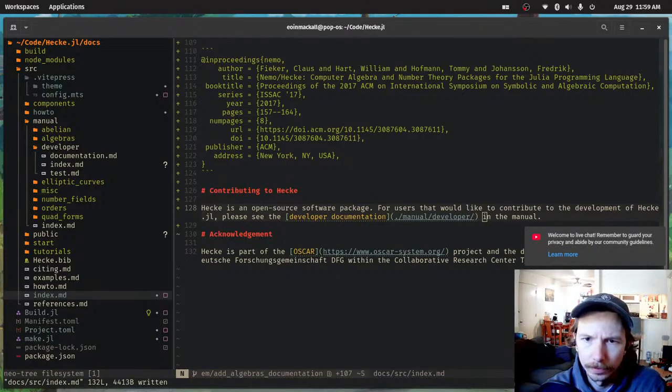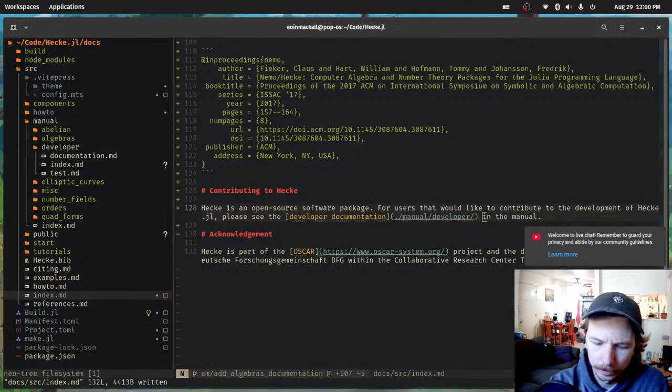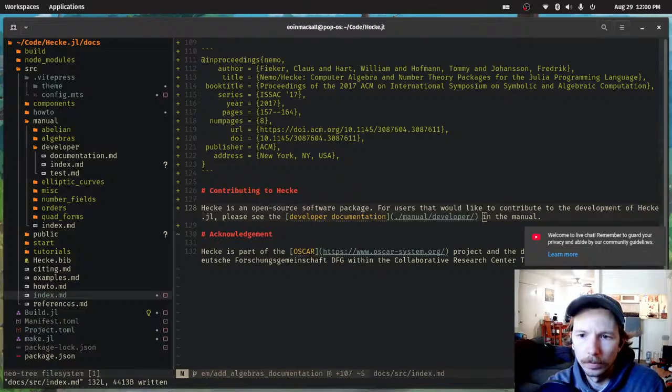Documents or VitePress. What am I looking for? Okay, so